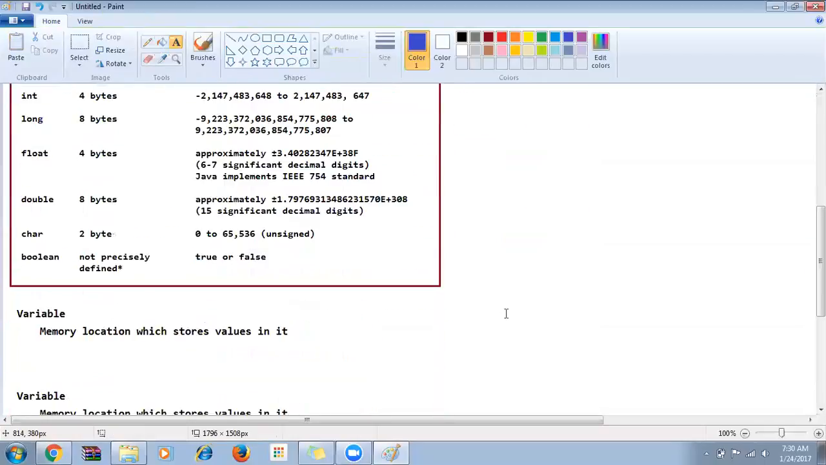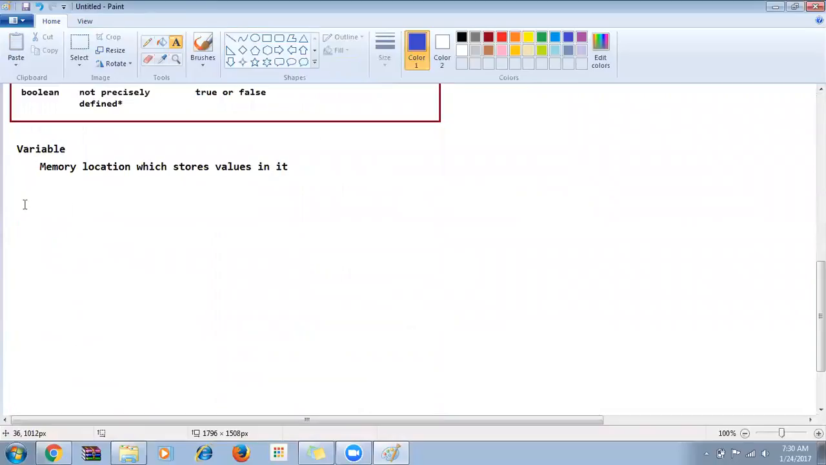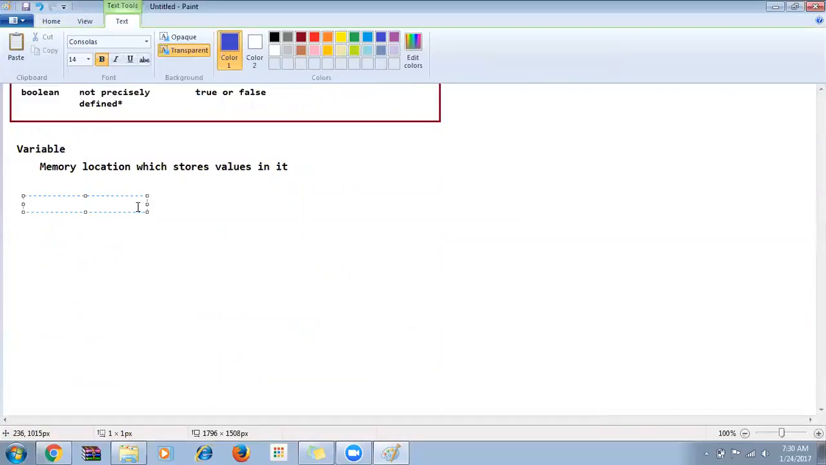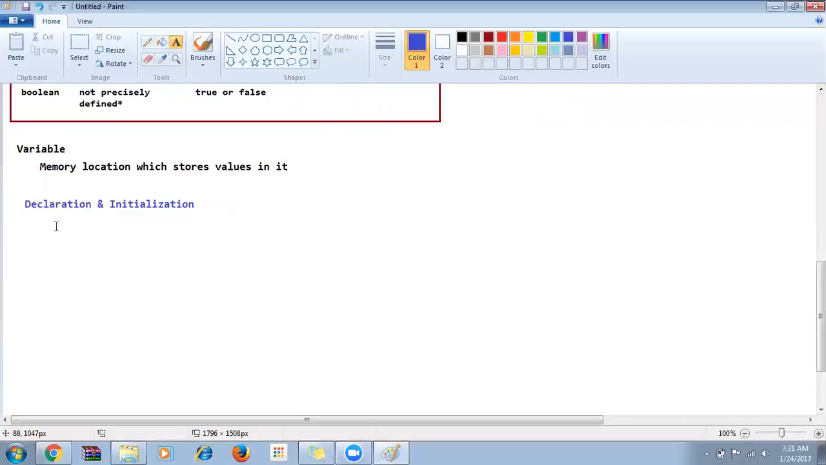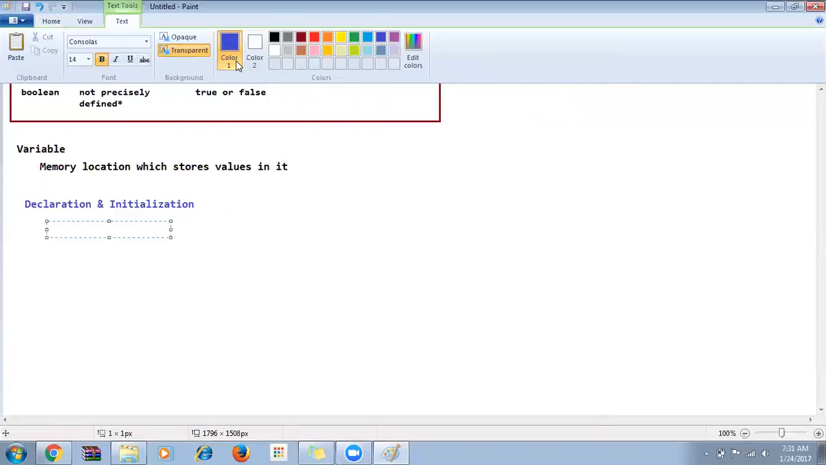Now how it's going to tell, we'll see. How will a variable be declared? There are two things in a variable: one is declaration, and the other is initialization. What is declaration, what is initialization, and how it can be done, we'll see. So if I give